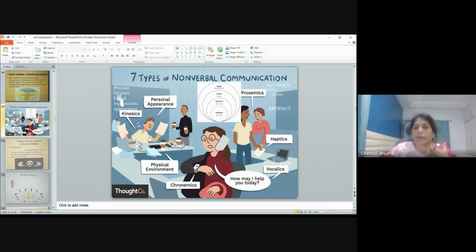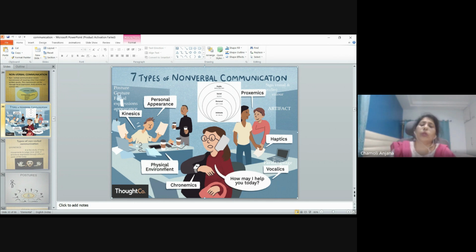Then you have the physical environment. The physical environment is the place where the sender or the source is sitting. That talks about his status, his power. So for instance, if you go inside the room of your boss, the general manager, the room of the general manager will have very good walls, good colors, good furniture, good table, good laptop. So you can see the quality of the physical environment, which is very, very good. So that says the person's status, his power, his level in the organization.